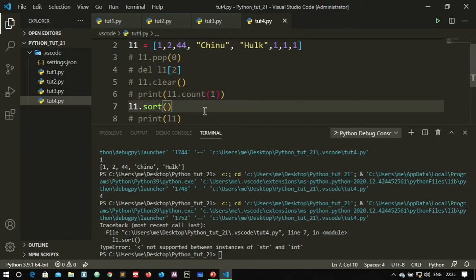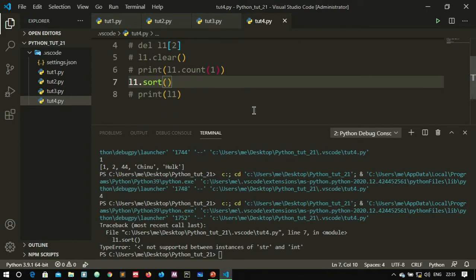Actually, the sort method arranges the list of items in ascending order. So it cannot arrange a string and an integer in ascending order. There must be only the same kind of data type inside the list so that it can arrange it. So for that, what I can do, I will take it to the bottom,